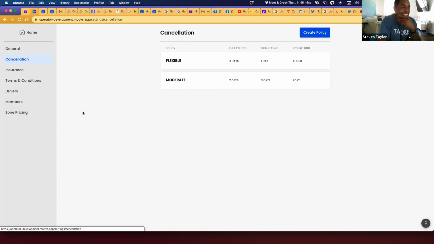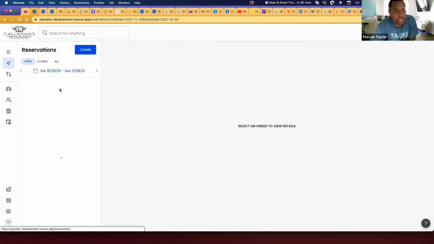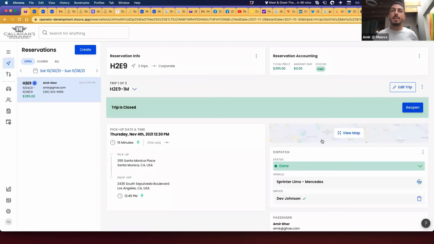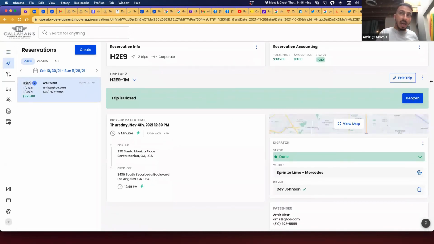Yeah, and let us know. Since we're talking about cancellation real quick, I had a reservation, I canceled it, but it's still in the system and I'm still getting alerts for it. It doesn't go out of the system and mark it canceled. Is there a way we can just completely cancel it? You've got to delete it. I just want to make sure that when you're canceling, you're doing it through the reservation cancellation, so this one is closed.